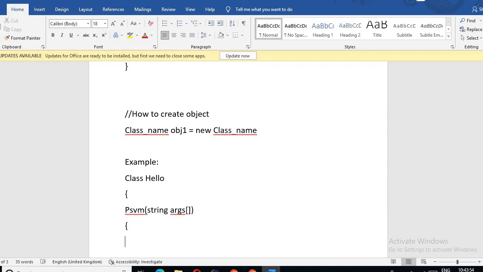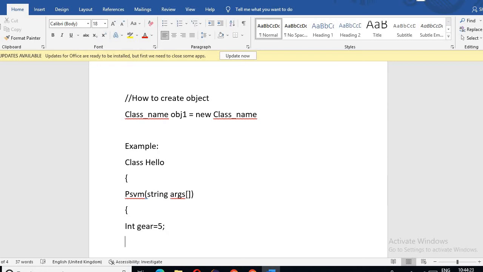Suppose I am writing some properties and methods inside the class. So I am writing here int gear is equals to 5 semicolon. This is the data type.